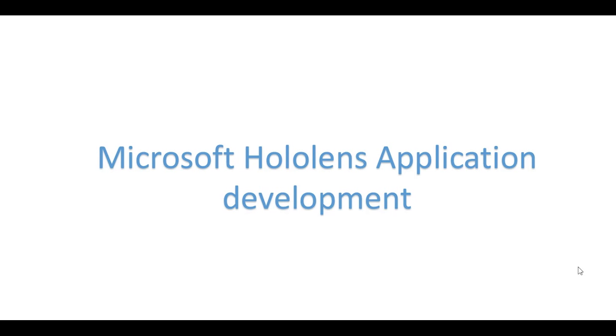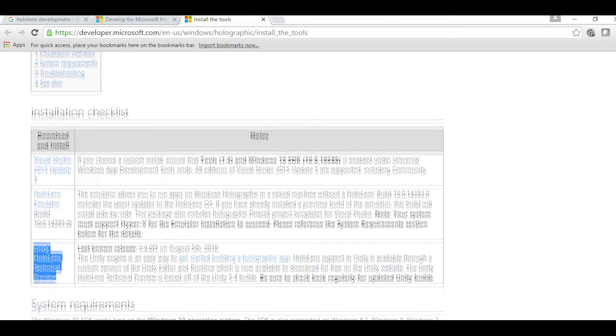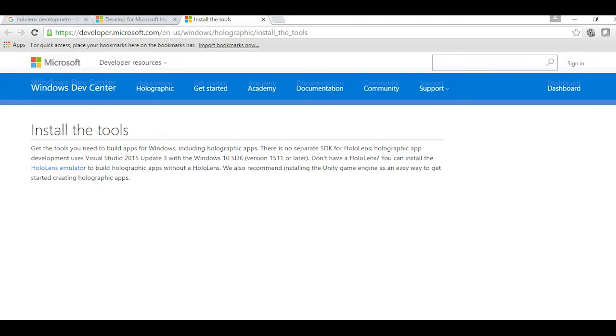So let's start. Before we actually begin, we need to make sure that we are completely ready for the development. Regarding the system, I am using a Windows machine with an Intel i5 processor and 16 GB RAM. At least you need 5 GB RAM for happy coding. Then regarding softwares, just Google for HoloLens development and select the first window, and you will be redirected to the Windows Developer Center,